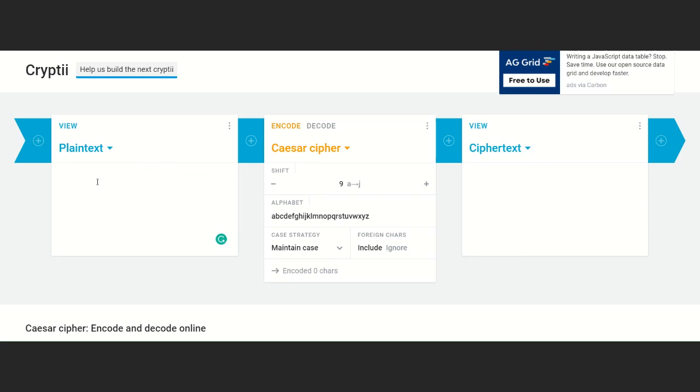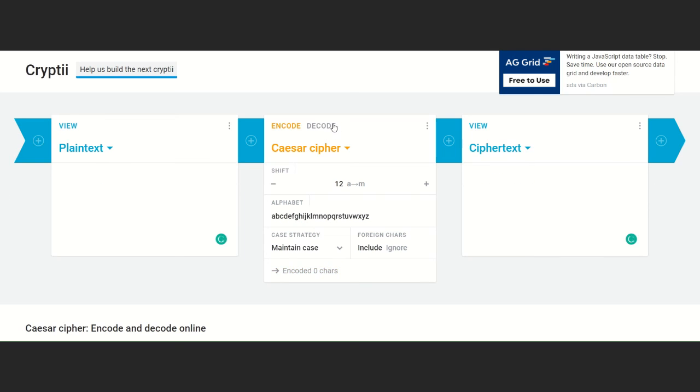Let me start with the plain text, and I will write this is a test, and I have an option to change the shift number. Let me just say 12, and this is the ciphertext I got. I'm going to copy this and show you how to decode it.